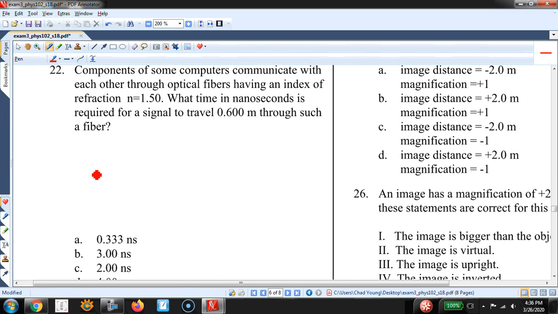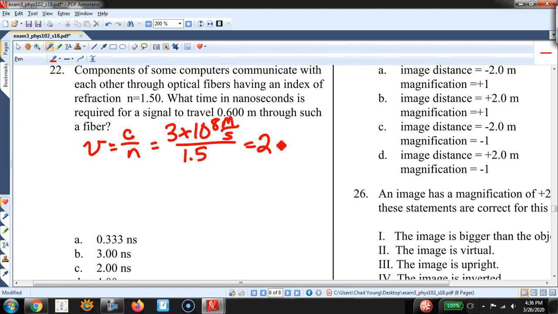You'll have some question about the speed of light. I showed you that earlier, but it could be something like this one. When light enters into a medium, its speed slows down, and that speed is equal to c divided by n, which is 3 times 10 to the 8th meters per second, divided by the index of refraction, which here is 1.5. So the speed of light in this fiber optic cable is 2 times 10 to the 8th meters per